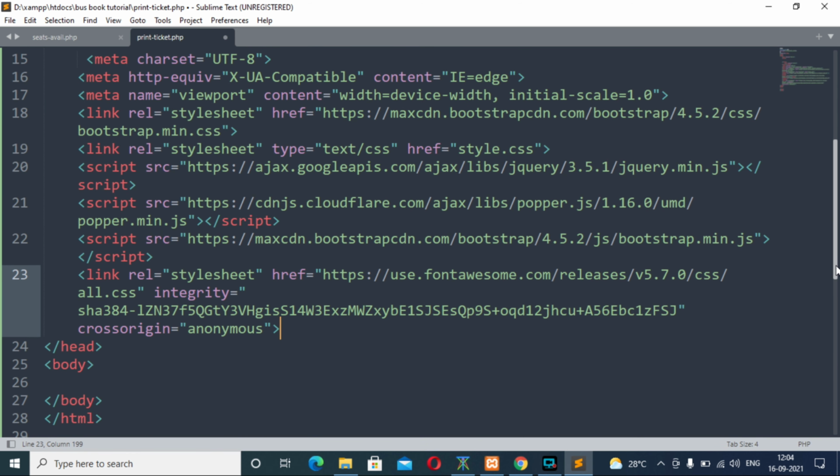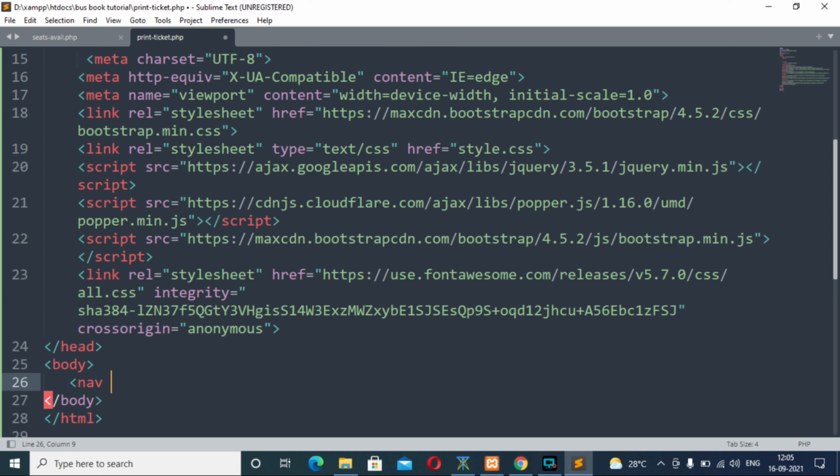Now come inside the body section. Now we will work on the navigation bar for the print ticket page.